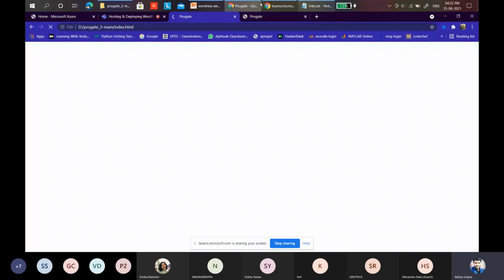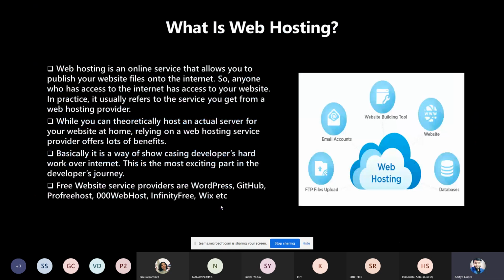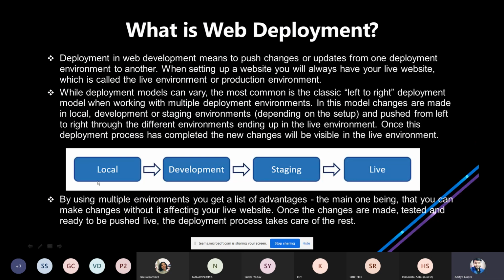What I want to show you about the deployment phases is this: this is local, which I told you about, correct? It's in your computer. It's a genuine question, and it was in my mind too when I was learning web development: how do you know whether a website is on localhost or not? For that there's a trick I will tell you.